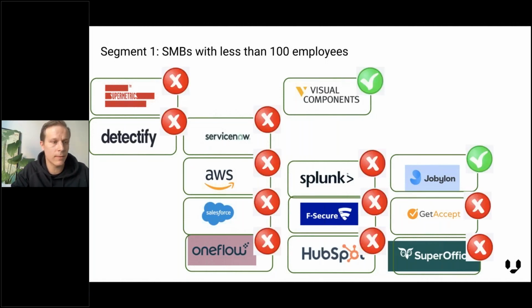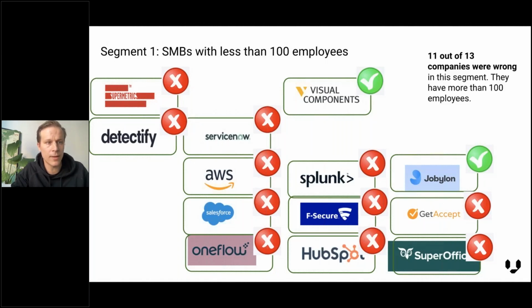So if we look at it from a total employee count point of view, out of these companies that we picked, only Jobilon and Visual Components are the ones that actually have less than 100 employees. So the hit rate was not good at all. Another example